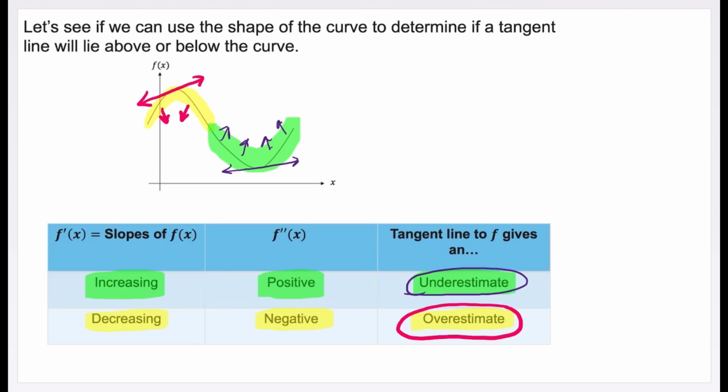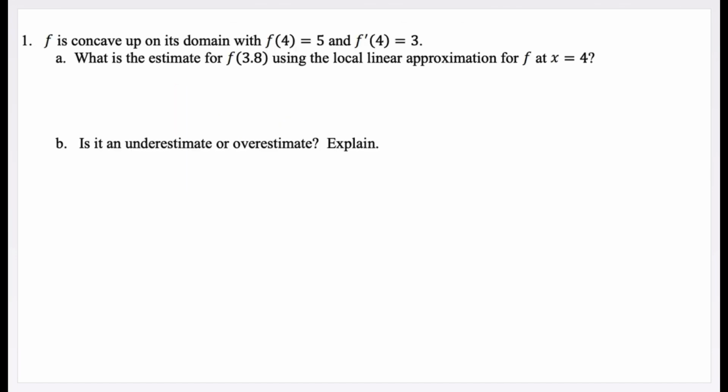Okay, so you've got to keep those straight because you're going to be asked whether they're underestimates or overestimates. So let's go ahead and look at an example. f is concave up on its domain with f of 4 equal to 5 and f prime of 4 equal to 3. What is the estimate for f of 3.8 using the local linear approximation for f at x